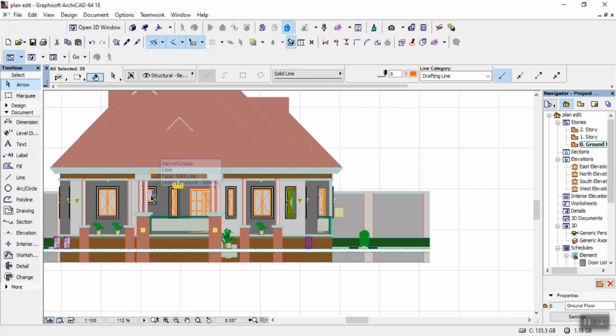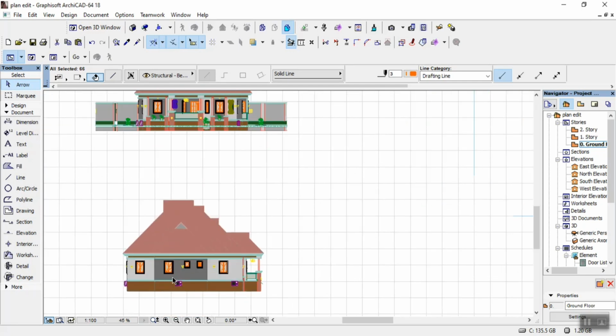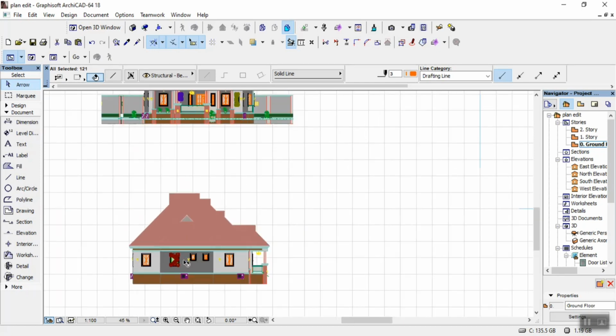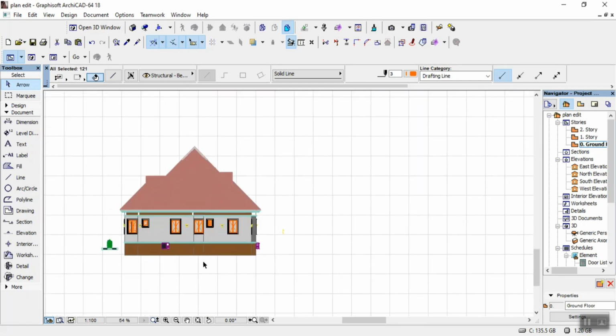Then I'll pick the toilet window. This is the toilet window. Then I'll come down to the other part. You can see I have another window here. So I'll pick this window to be sure that all my windows that I've been picking are of the same size. So I'll come here to the back side,